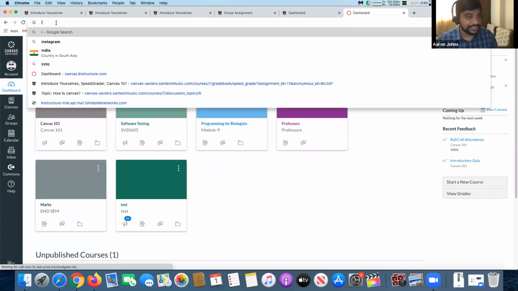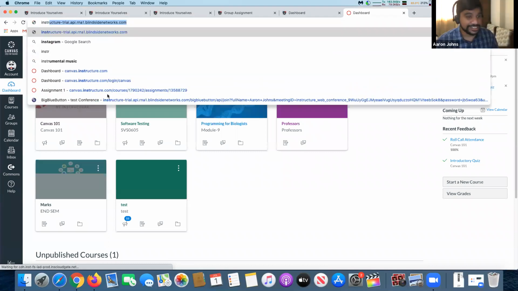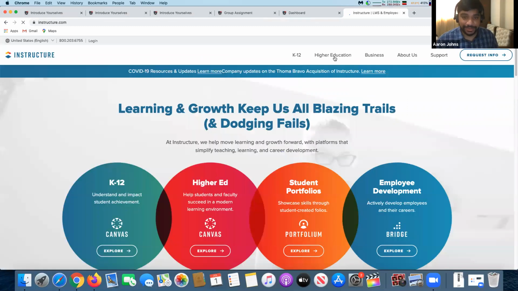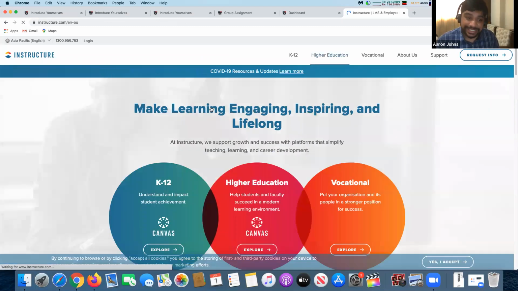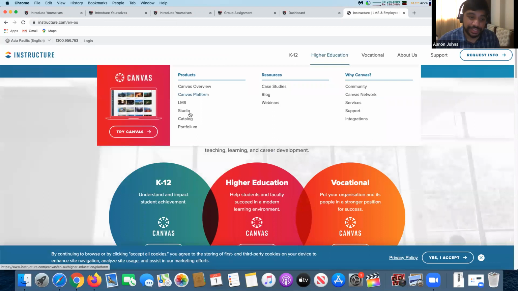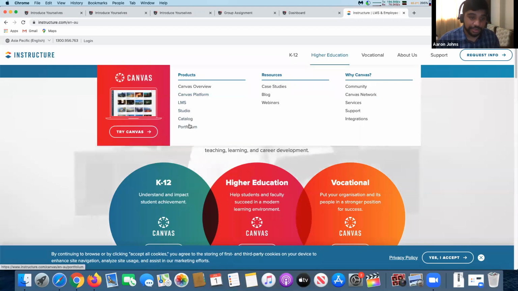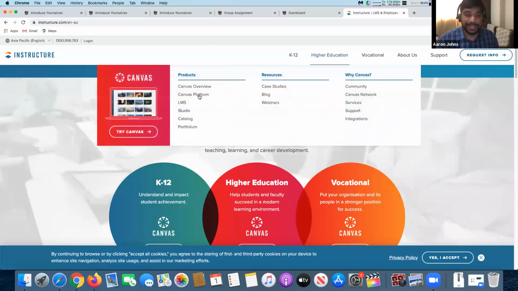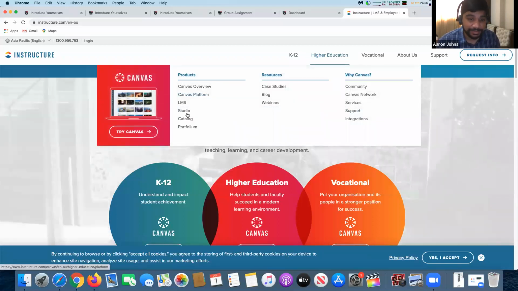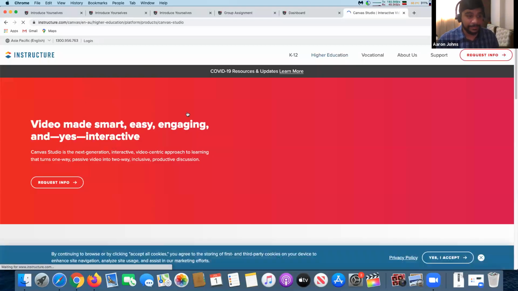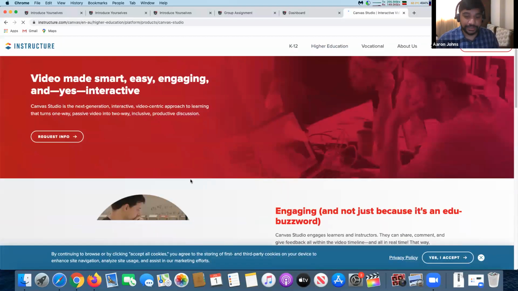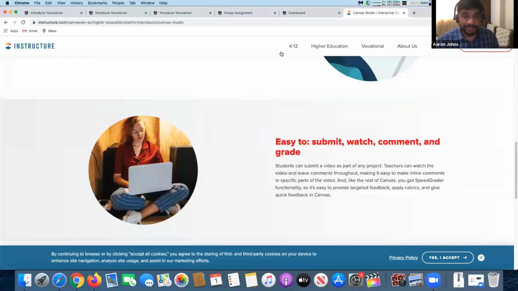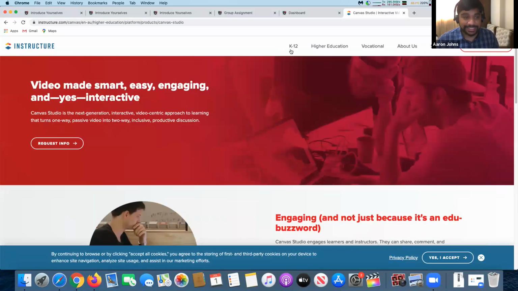So I'll go to Instructure and I'll show you. So Instructure is the site. All you can do is go to Instructure, and then you have many things in it. You have Canvas Studio, the catalog, the portfolio. So you have different features all built into it, and even a video platform for making interactive videos, for your PMM students, that will be very worth it, I would say, to some extent. We do interactive videos, interactive sessions, everything you have over here.